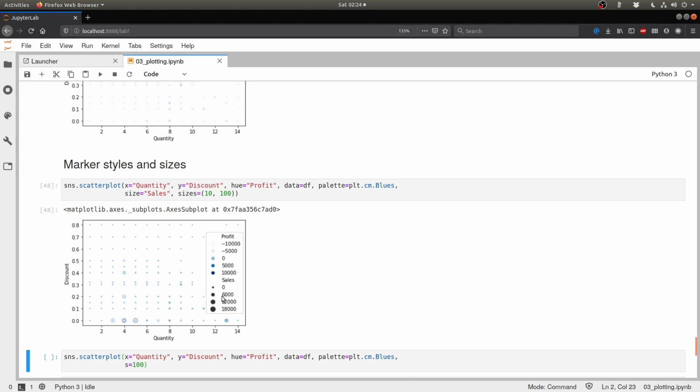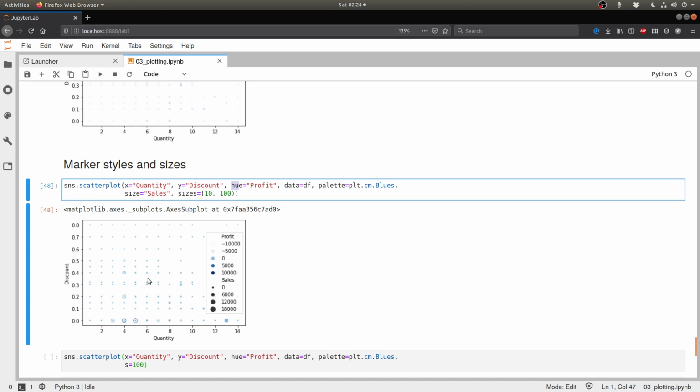So now here we have a way of encoding 4 different types of information, just like compared to the 3 before. Here we have 4 types of information. We have the quantity, we have the discount, we have the profit, and we have the sales. Quantity is represented by its offset on the x-axis, discount is represented by its offset on the y-axis, profit is represented by the hue or the darkness of the color, and sales is represented by the size of the bubble. So you see that this here is a bigger bubble than this particular bubble, which means that this particular order made a larger sale than this one.